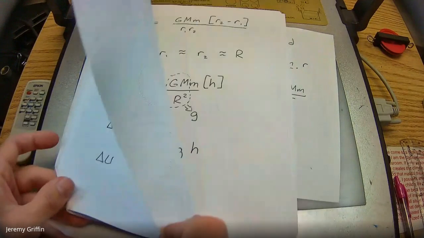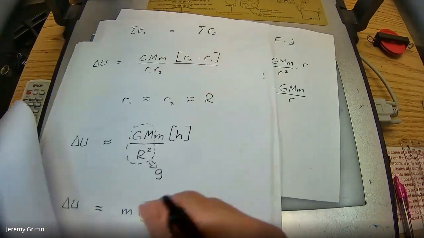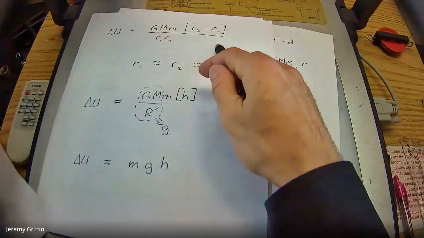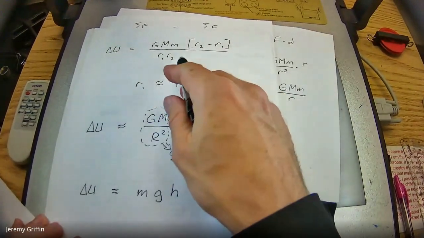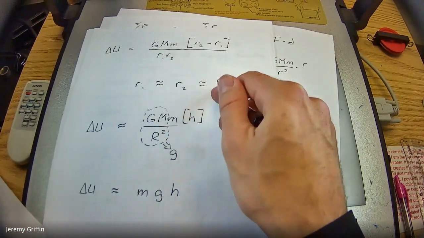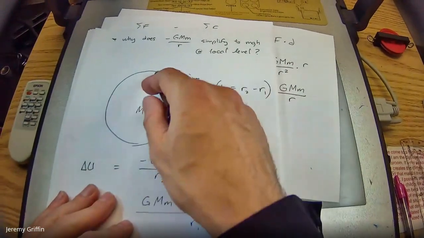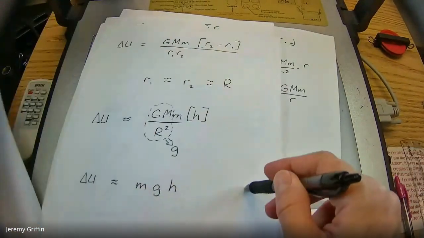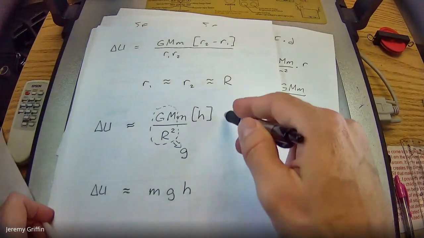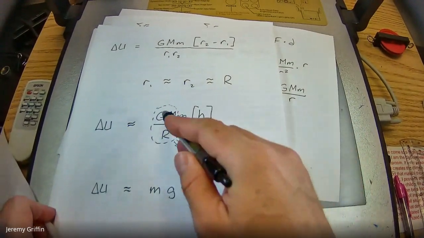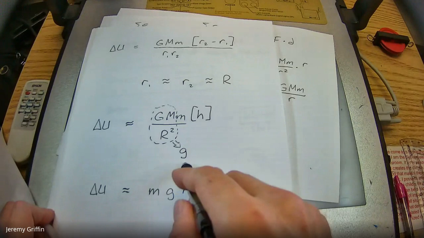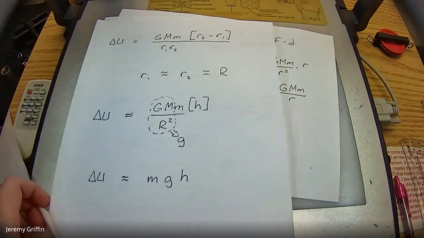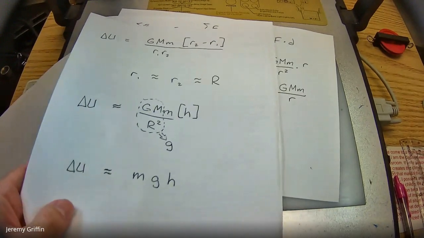Okay? And then the next step is to say, well, you could factor out the GMm from the top, and that would make it look like this. Okay? Then, if R1 and R2 are pretty close to the radial size of the planet, which they definitely are in this picture, right? Capital R, R2, and R1 are different, but not that different. They're about the same thing. Okay. Couldn't you do that substitution? Okay. Then GM on R squared, you guys have seen this before. This is the gravity field of a planet. You sub that in, it becomes exactly mgh. Okay. And so that was kind of deep.